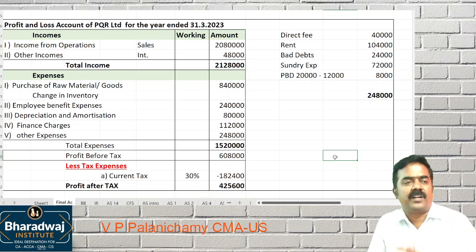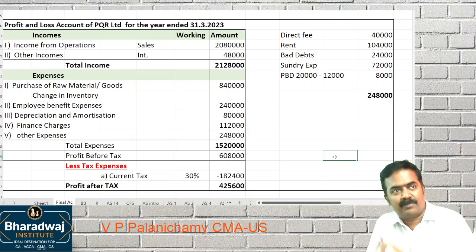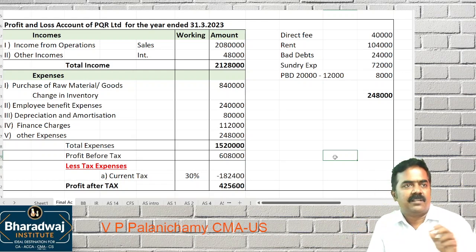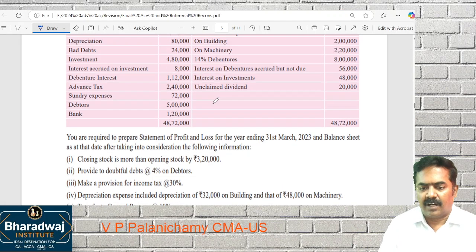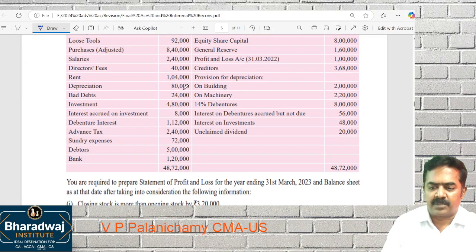So when an item is already appearing in the trial balance, what is the meaning? The journal is already complete and ledger posting is complete, which means the debtors balance given in the trial balance is already after adjusting that bad debt. Same as your normal final accounts. Bad debts already appearing in the trial balance, debtors as it is you will take to the balance sheet. If bad debts are given in the adjustment, we'll adjust those bad debts. So again, no adjustment is required for the bad debts appearing in the trial balance. Already they passed which one? Journal entry for this.